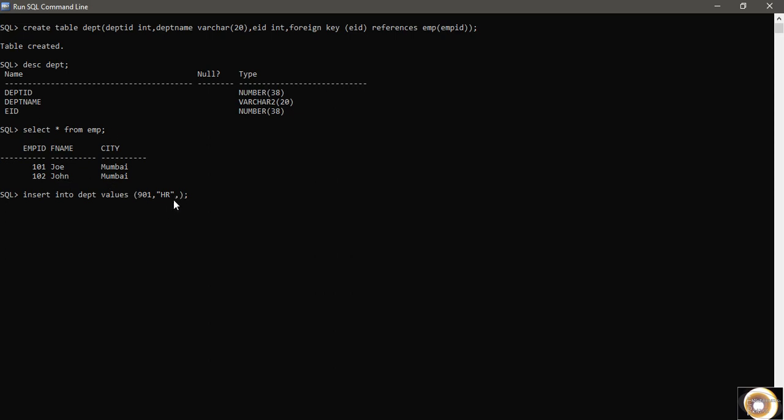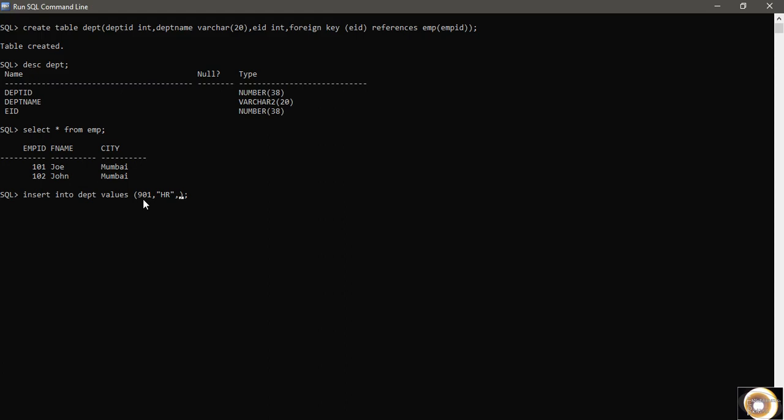So this is the constraint I have given here, that this EID which I am going to put here in the department table is foreign key, meaning it is taking reference from employee ID present in the employee table. Only these employees can be allocated to a department in an organization. No one will come from outside with any random employee ID.